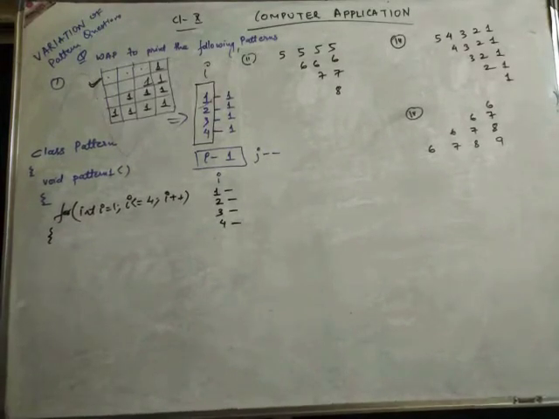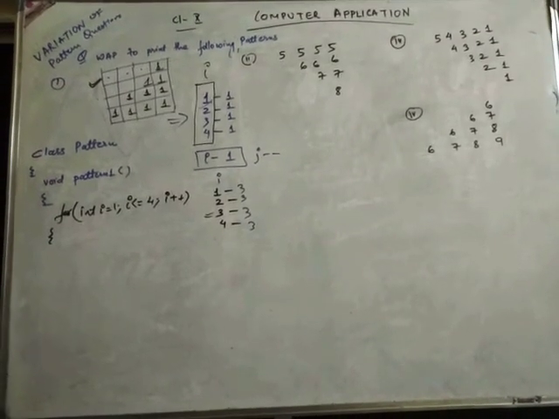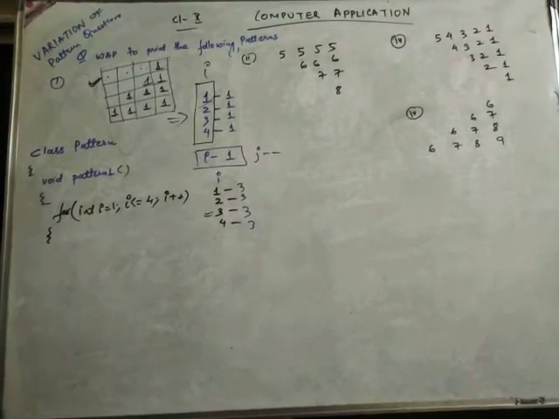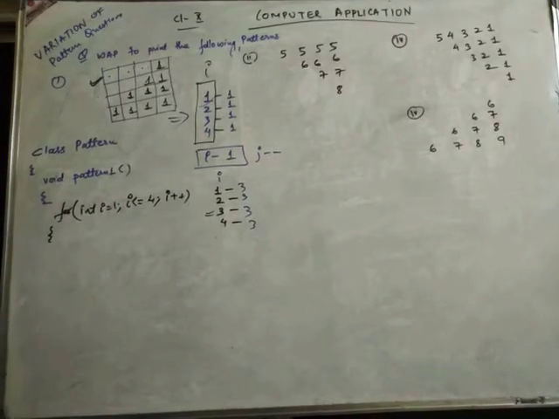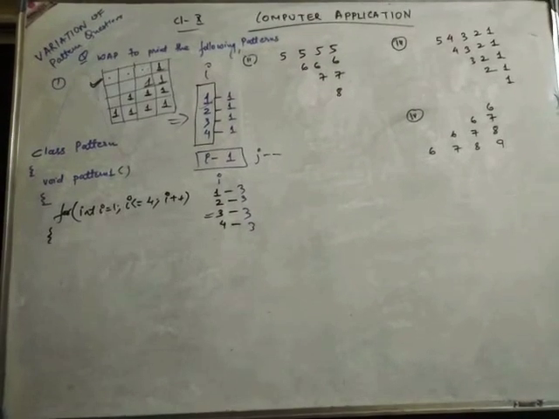So we have to see the third value in the I column which we made. We made 1 2 3 for the I column. Which is the third value in the I column? We have 3, so that is right in the right hand side. Clear all of you? Now the same logic we have to apply for the J loop. For the space loop we'll make the box down.